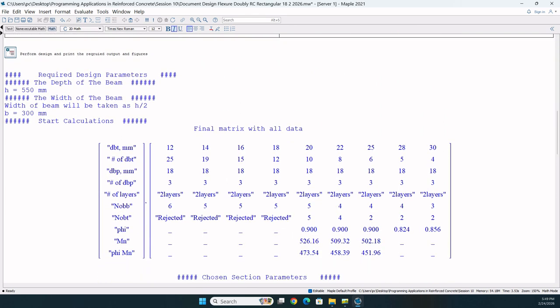Here we can see that the depth of the beam has been decided to be 550. The width of the beam has been taken as h/2 and corrected to be 300 millimeters. These here are the design alternatives, where you can see that for each design alternative we have a different bar diameter in tension, but for all the design alternatives the diameter of bar in compression has been predetermined and predefined